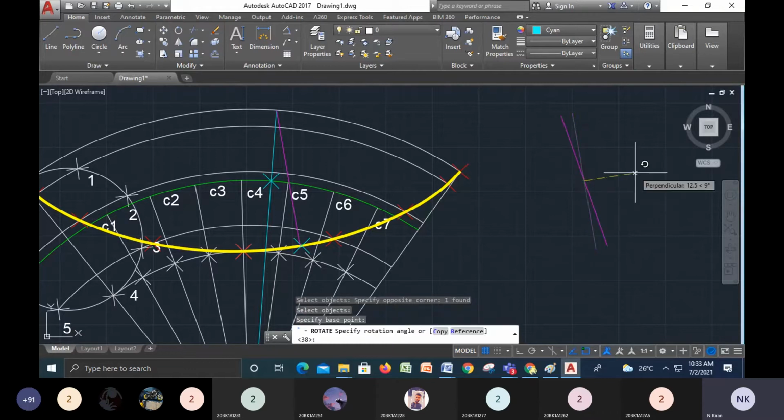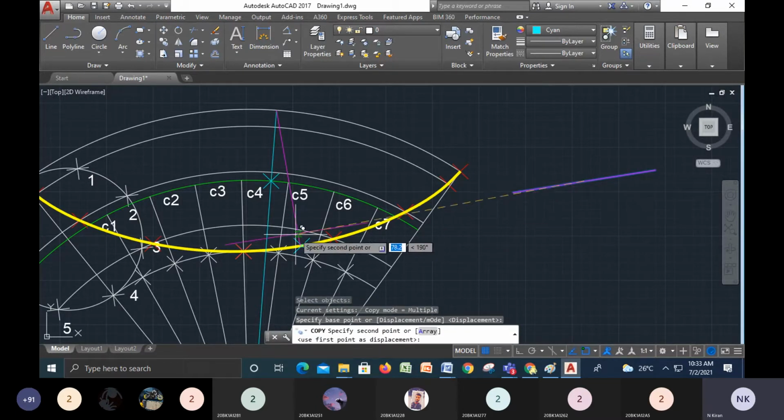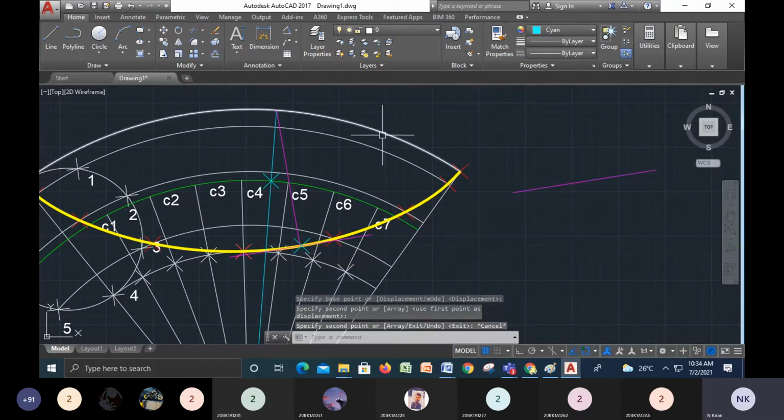I will select the midpoint, and I will give the angle 90. So now CO enter, I will copy this one, enter, point, I will place somewhere here. Now if you increase the width of both the lines, this is your tangent and normal.